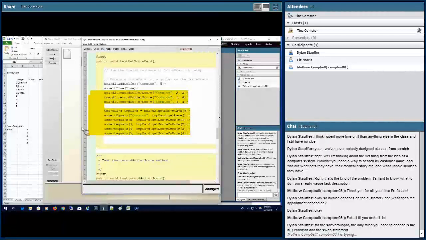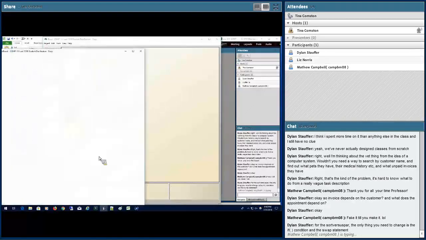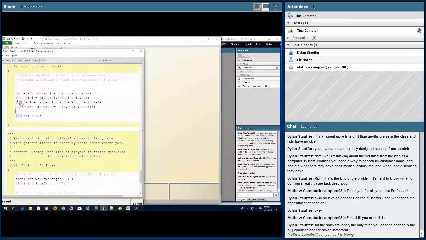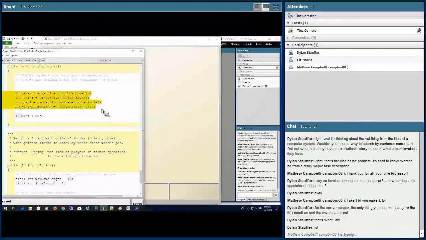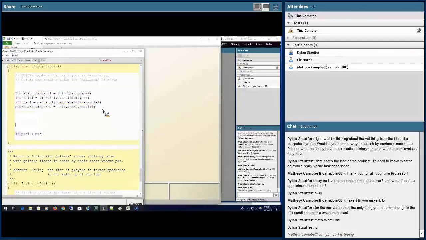Yeah, exactly. On the sort versus par, you need to retrieve the information. I did this in a whole bunch of statements. You could actually nest this all into one great big huge statement, if you wanted to. So it would look something like